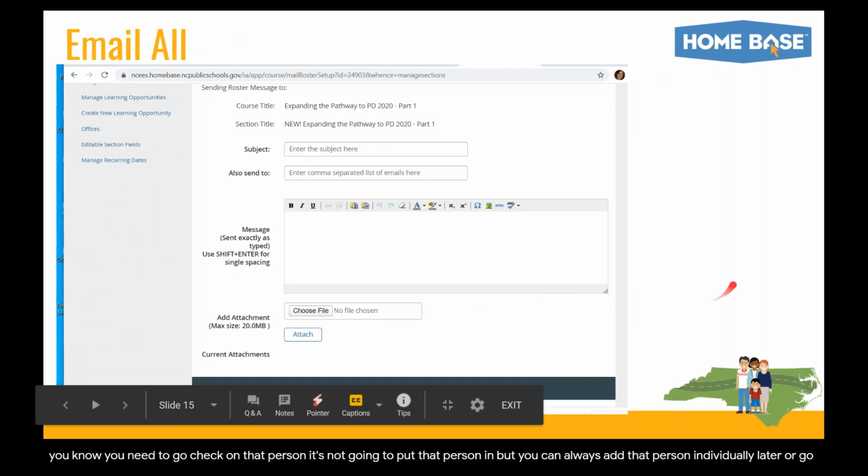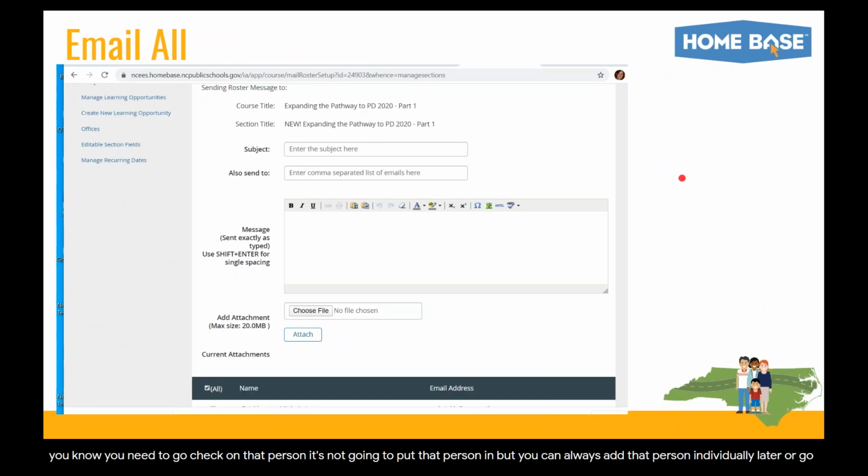All right, we're moving on to email all. This is a great feature that I used often as a professional development coordinator because there's always the human factor in delivering professional development. Always a course that we're going to need to change, or a room number, or the venue might need to change for that particular session. And this is a great feature within NCEES because once our participants have registered,